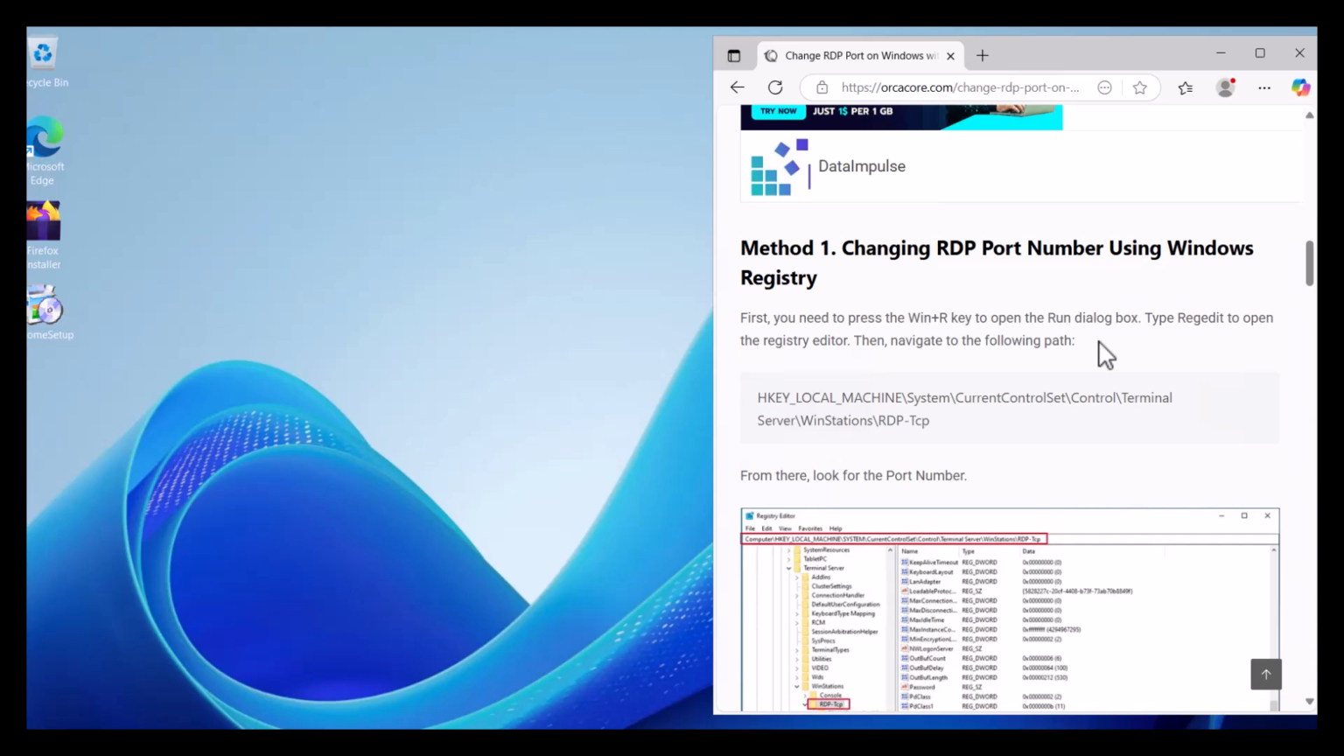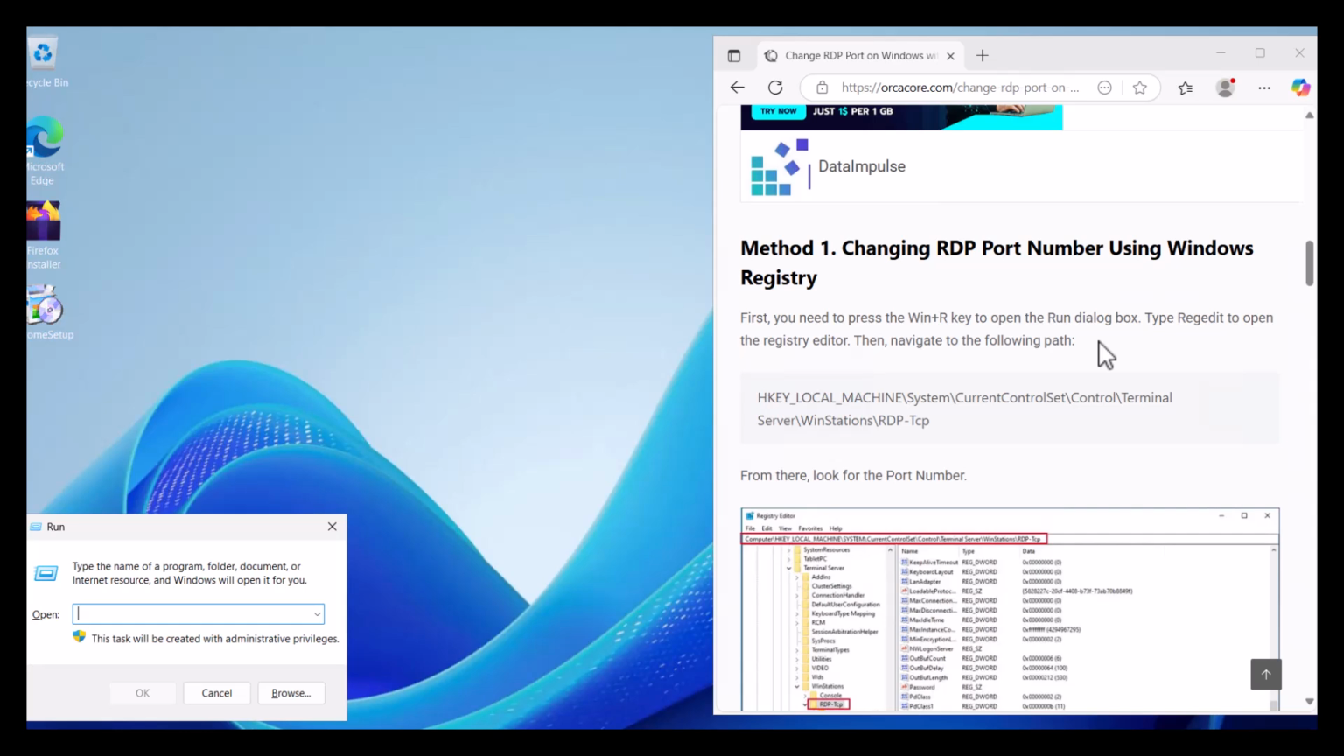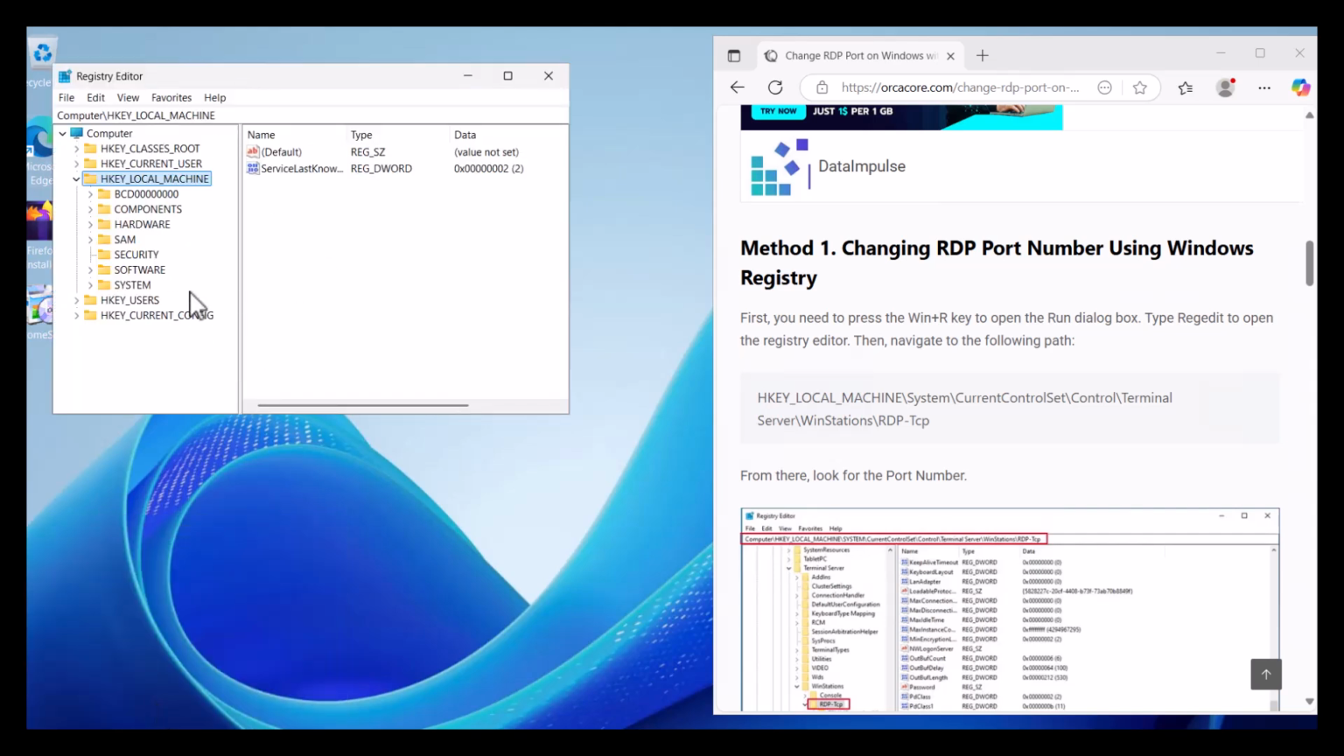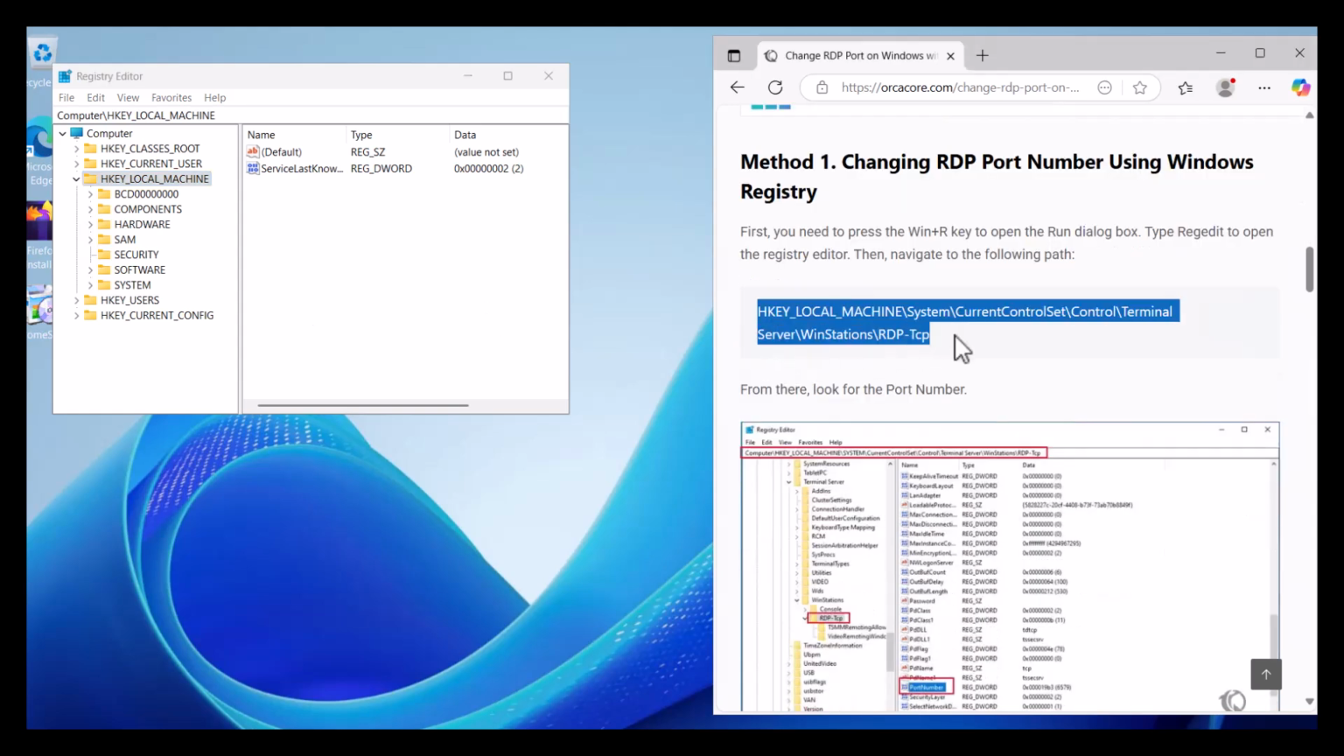To open the Windows Registry, open the Run box with Win+R, type regedit and press OK. This will open the registry editor for you. Now you need to navigate to this path. You can copy it from the Oracle Core guide and paste it here